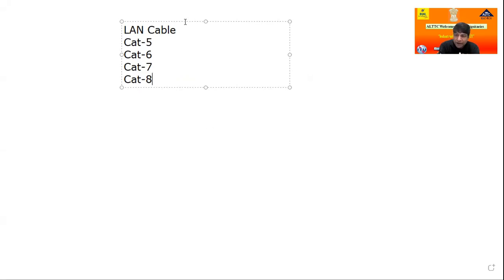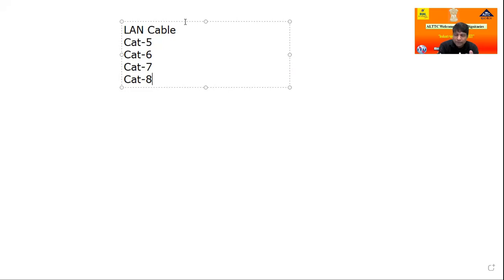If I put all the cables in your hand without telling you the type and ask you to explain whether this is a Cat 5, Cat 6, or Cat 7 cable, it is not easy to identify.